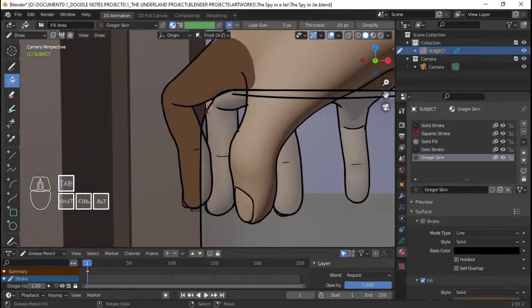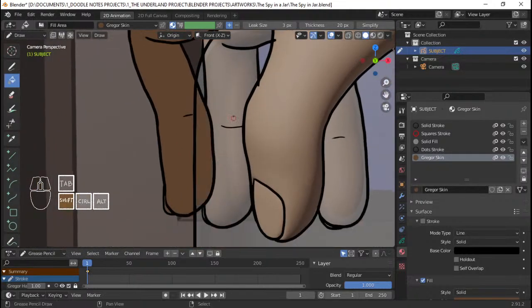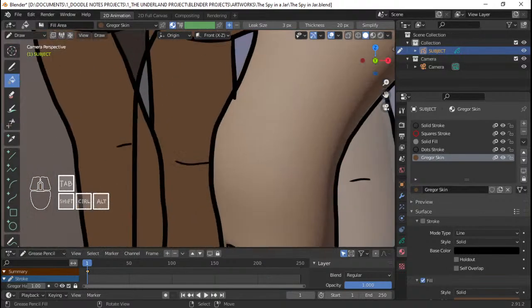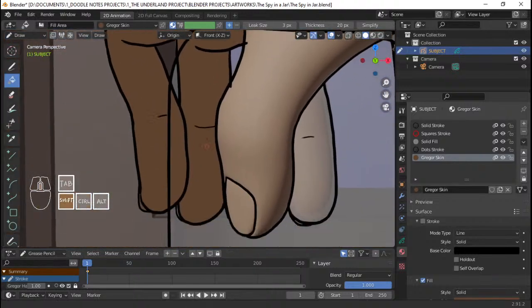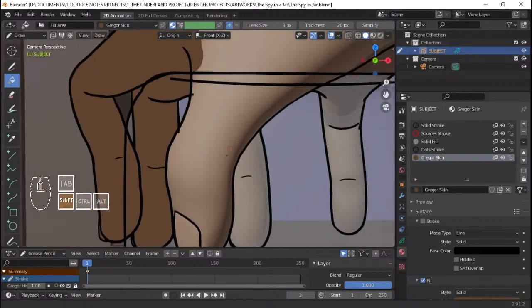I can do that, and you just fill up this part right here and right there. Same goes here, all of the finger parts. Oopsie. See, it looks like there's some spill there, but that's actually from the reference image.